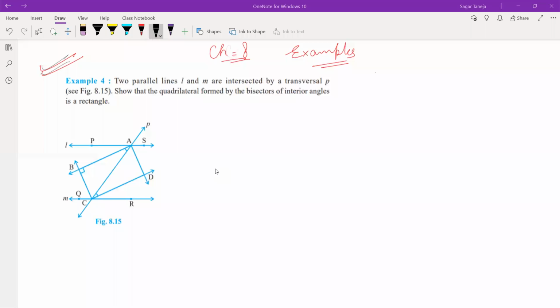Now look here, example number 4. Two parallel lines L and M. So there are two parallel lines here. One is this line L, and one is this line M. And these two lines are parallel to each other. Fine. So just write given